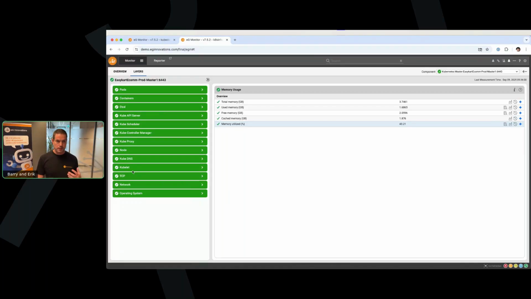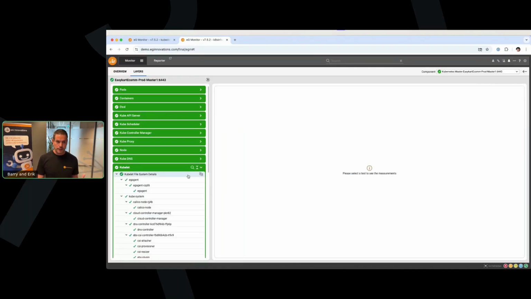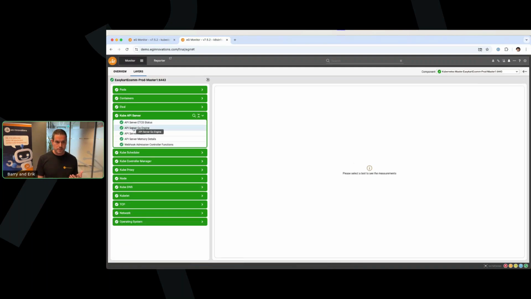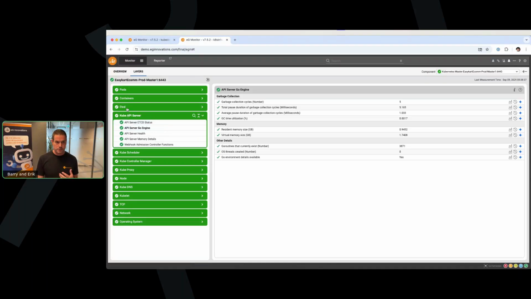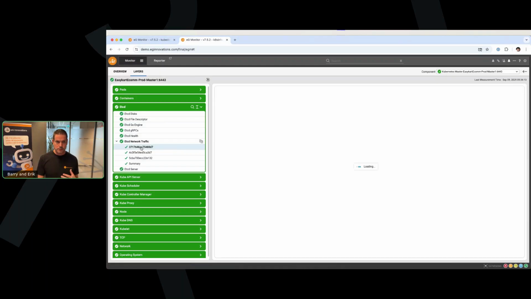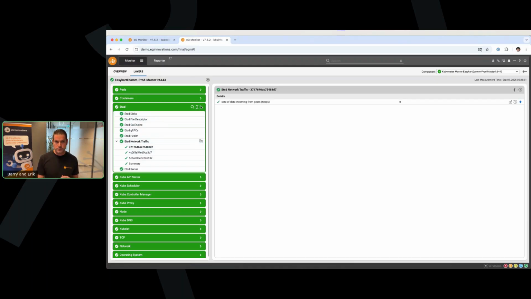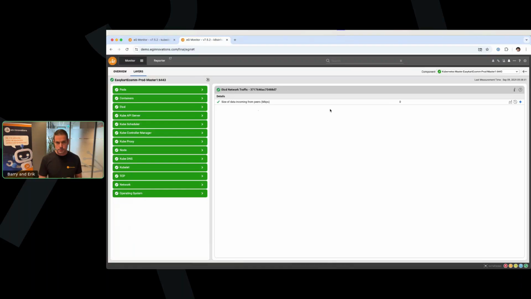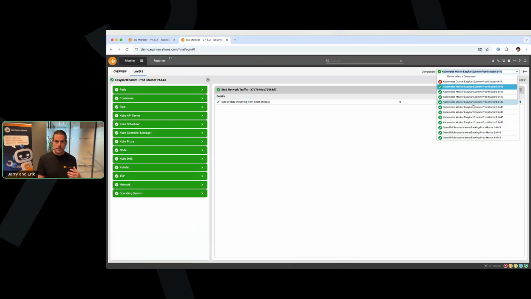So we have information about the network, information about the health of the different Kubernetes services within the master node that we also use to visualize the dashboards that you just saw. So information about the APIs, API server, etcd. So all built-in tests. You don't need to configure these yourself. It will populate automatically once you start monitoring the Kubernetes master.